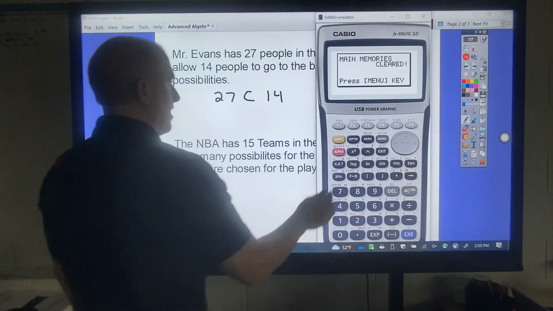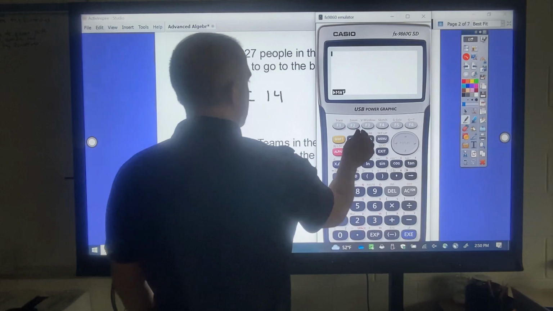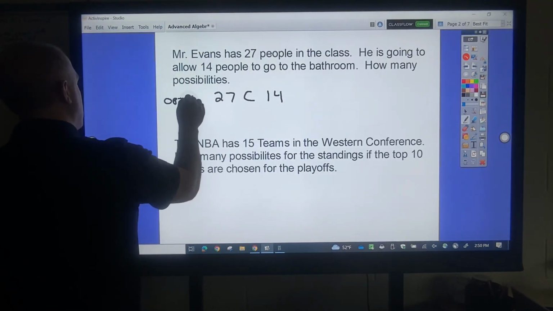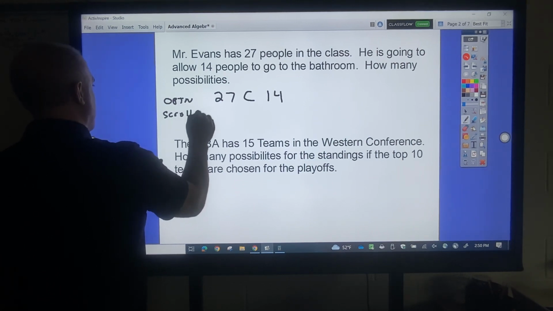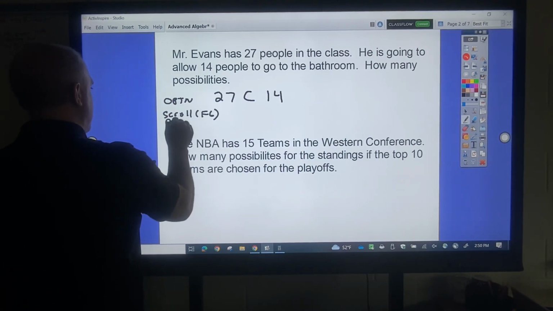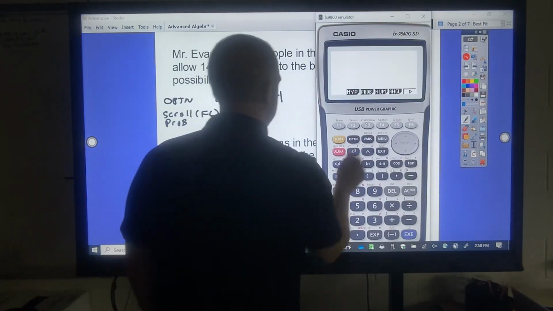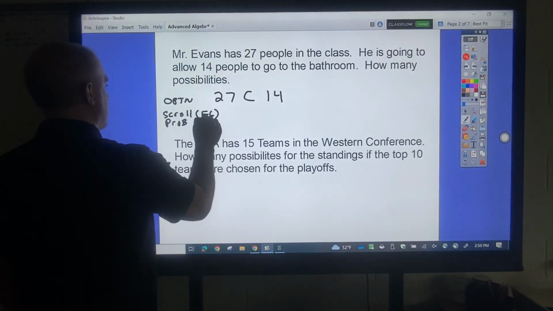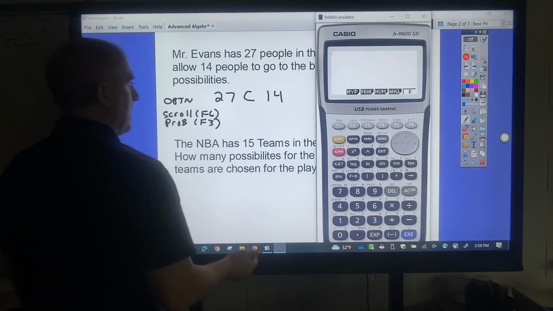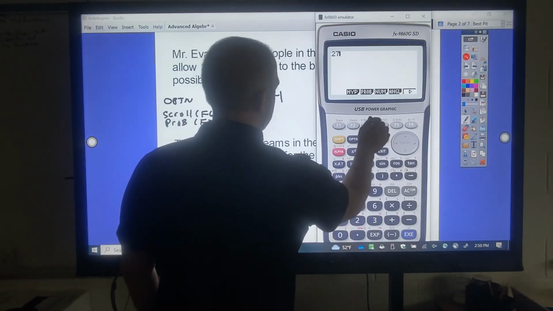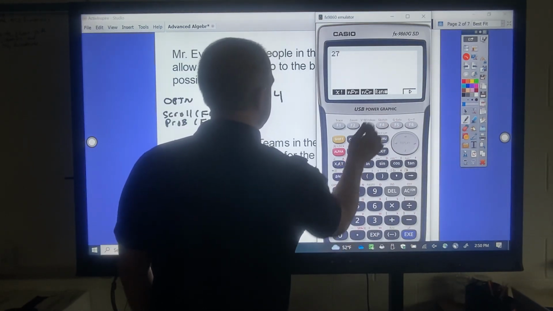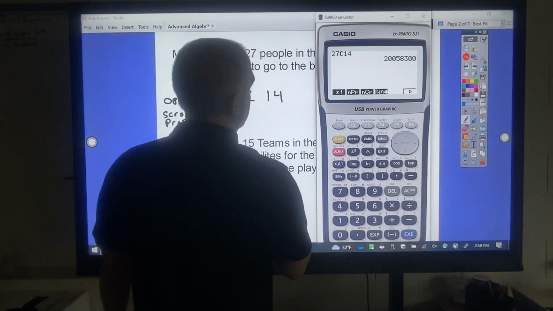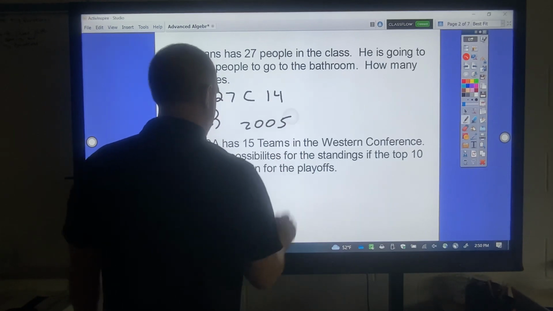So here's how you calculate that. Very easy. You go to option, scroll, which is F6. We're taking probability, and then we choose, which is F3, and then pretty simple, we type our number, 27, probabilities, and then I select that for C, 14. So that's a ton of different ways. 2005,